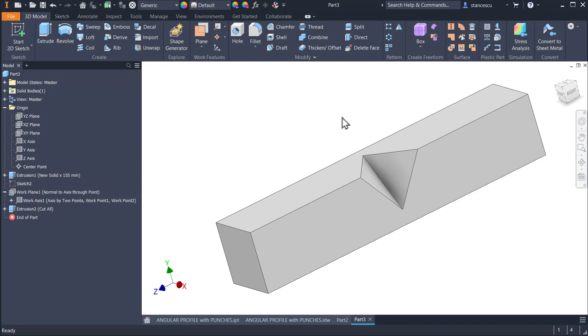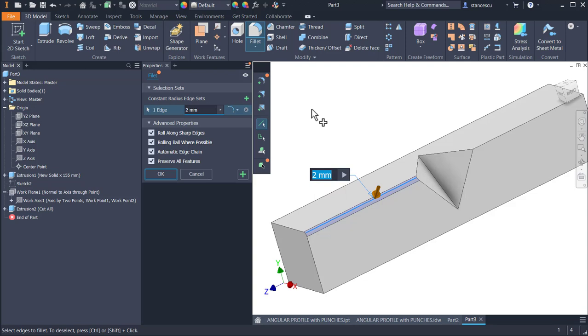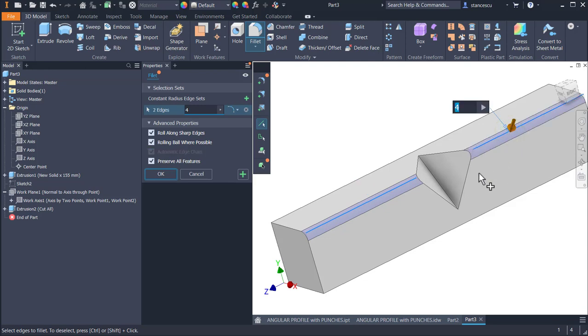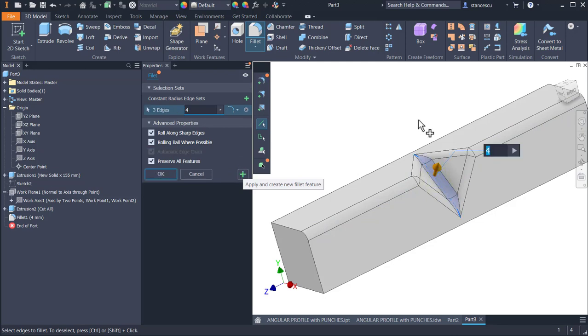Now we have to use what we know from the sheet metal part parameters. If a part has a thickness of 2 millimeters, then the external radius is twice, 4 millimeters. 4 millimeters also here, here, and all this, plus this one, which is an internal radius, which is 2 millimeters. Okay,